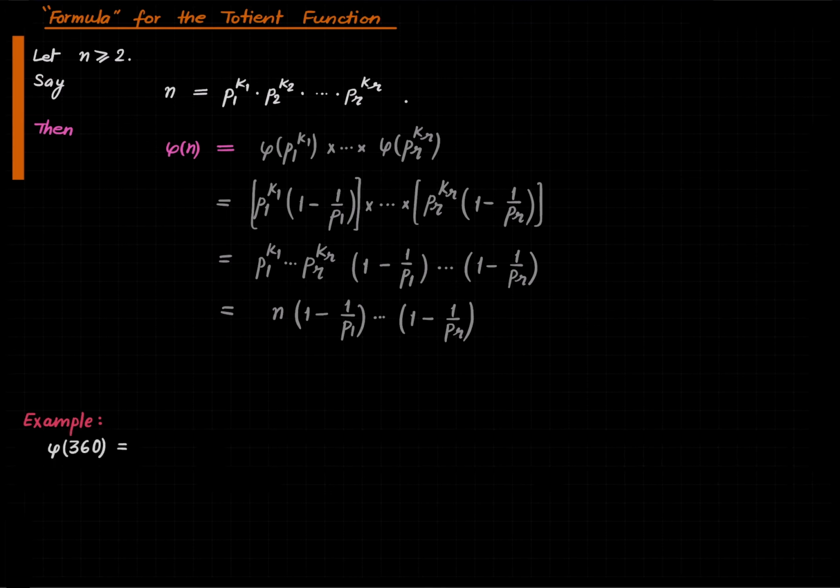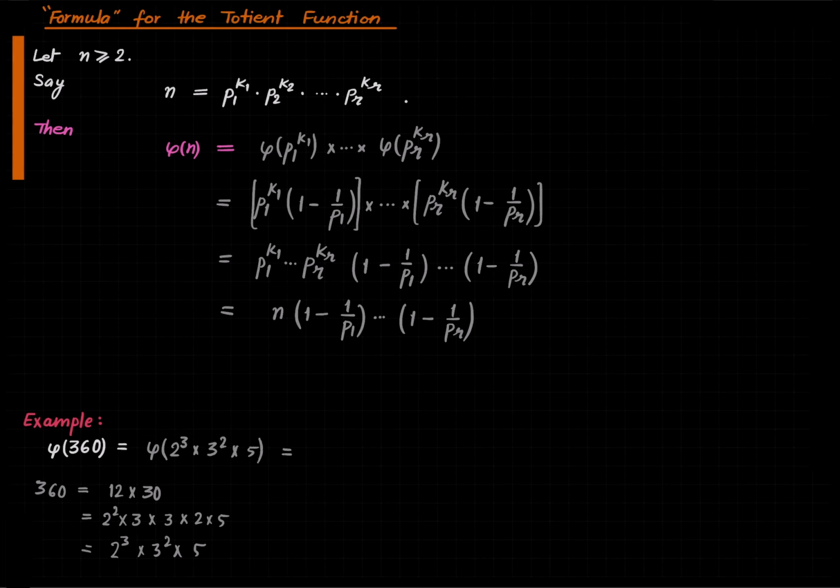And let's just do this example, and that will be it. So what is phi of 360? Well, what is 360? So 360 is 12 times 30, which is 4 times 3 into 3 times 2 into, yeah, that's what it is, which is equal to 2 cube 3 square times 5. So I've computed the prime factorization, and hence phi of 360 is